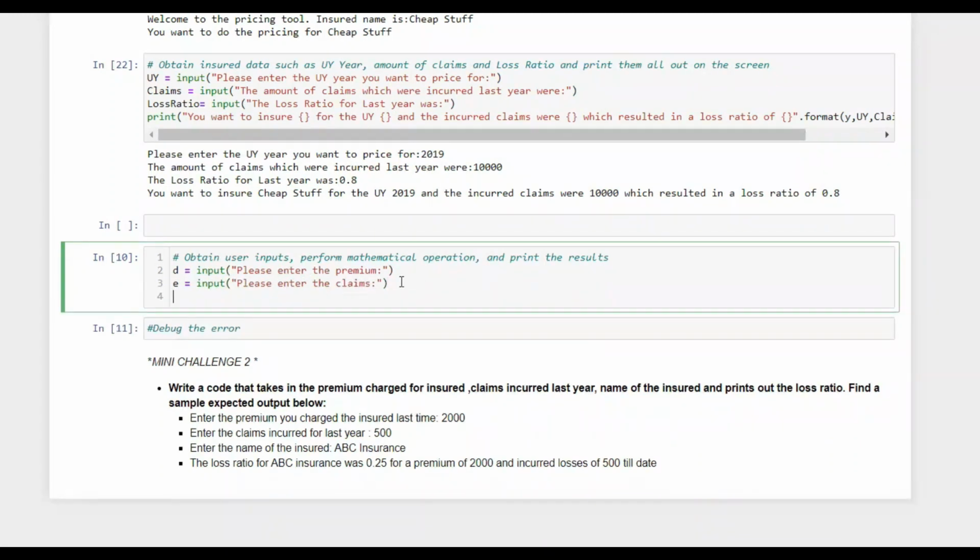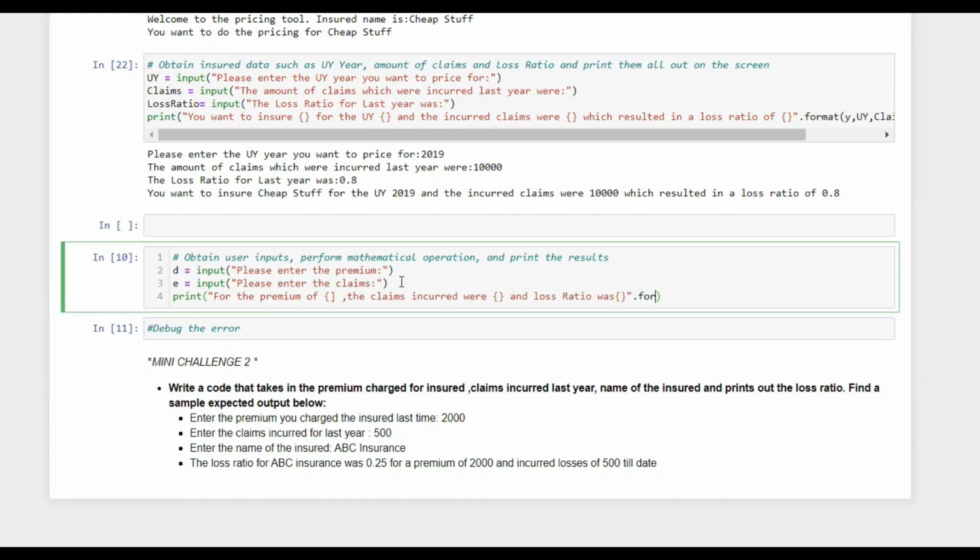So whenever they have done this, your print command will be: for the premium of something, the claims incurred were something, and your loss ratio was again something, right?